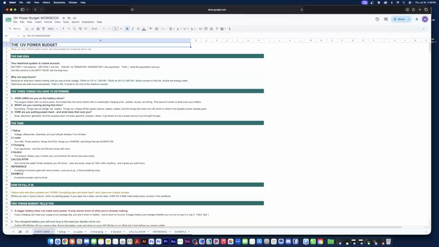Okay, here we are on the screen, and as you can see, it's just opened up to the main. If you look down here at the bottom where the tabs are, this is in Google Sheets. I've just opened it in Safari. It's open in a browser, so you may be working in Excel. It may look a little different, but if you're familiar with Excel or any spreadsheets, you've got the tabs along the bottom. The first one is the Start Here, and it reads through and gives you a lot of things